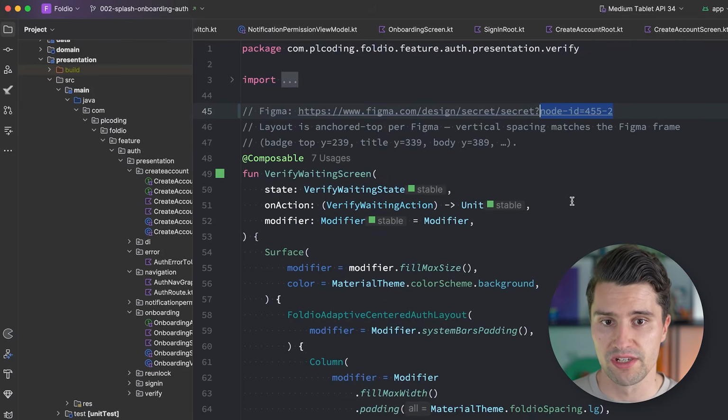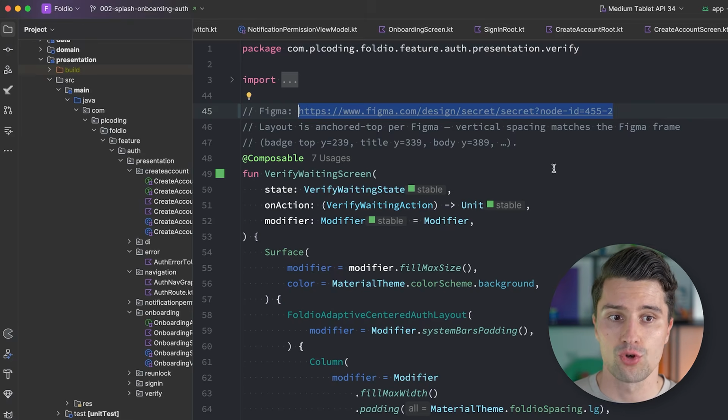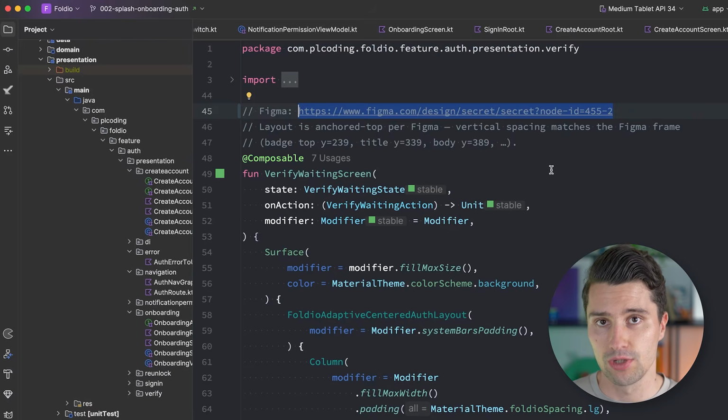But the big advantage of this is when you clear your session and the future agent sees this, it can instantly look up the real UI for the screen in Figma and doesn't have to browse Figma first, which really consumes huge amounts of tokens if it first of all has to find the screen in Figma to know what to even match against. But with this URL here, it really gets this context instantly and can also instantly look